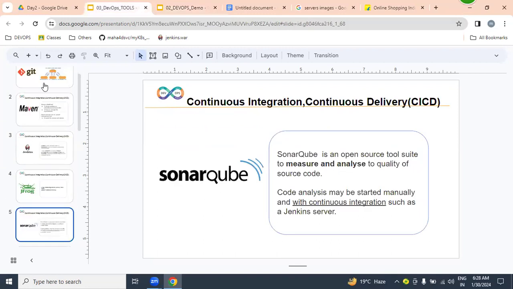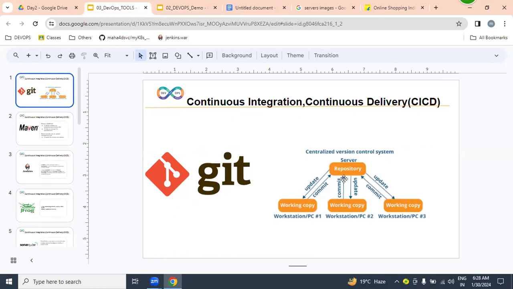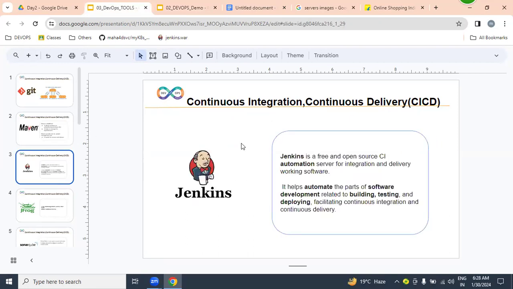So with the help of Git, we can maintain our developer source code, which is written by the developers, and after being written it will be maintained by the DevOps engineer. Where exactly can we maintain this? The whole developer source code, as a DevOps engineer, we are going to be maintaining in Git. Once it is maintained, we are going to execute that project with the help of Maven. With Git and Maven, we can implement our automation process with the help of Jenkins.